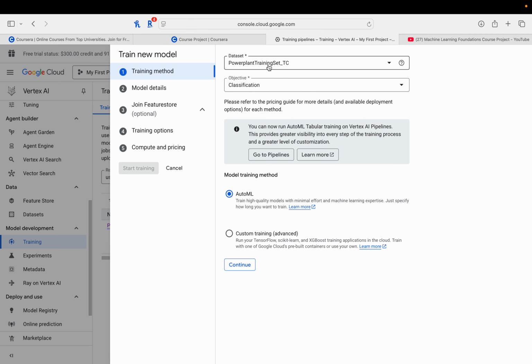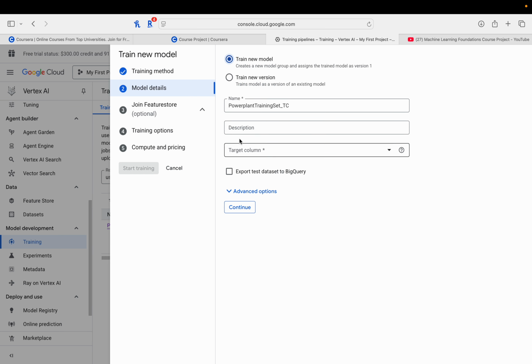I can click the data set that I've already uploaded, and then for your objective, you want to hit regression. This part is a little tricky. Obviously, I think AutoML makes the most sense. Custom training, you have to be a little bit more technically focused on this, and I don't have much experience with it. So I did AutoML, so just click AutoML, click continue, and then you can put a description